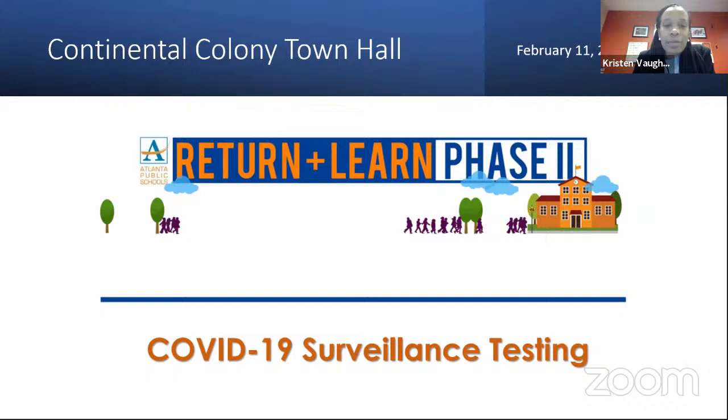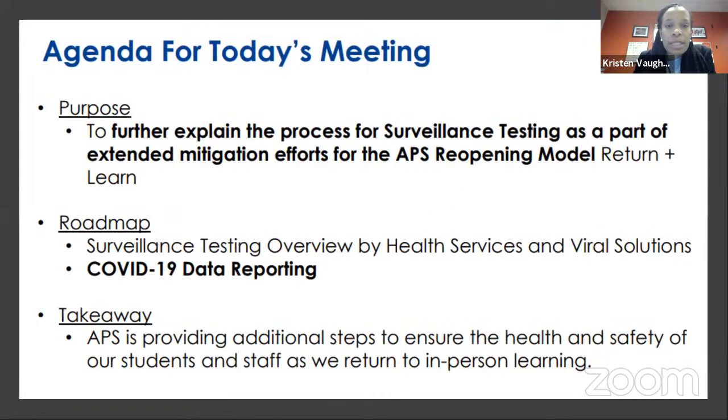Thank you for joining us this afternoon for our town hall on COVID-19 surveillance testing for our Return to Learn Phase 2 testing program. So I'm just going to go over our purpose for today. The purpose is to further explain the process for surveillance testing as part of the extended mitigation efforts for the APS reopening model for Return to Learn. I'm also going to go over a roadmap for surveillance testing, an overview of what it is and how we report, and then a takeaway. APS is providing additional steps to ensure the health and safety of our students and staff. So we'll cover this